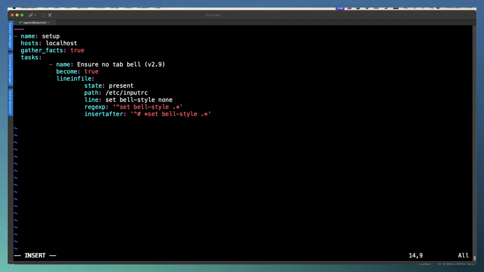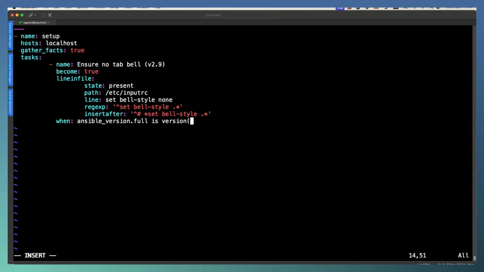Now we can move back to line up with my module. So where we've got name, become, and lineinfile, we can put our when clause. The when clause can look at the ansible_version variable. This variable is actually a dictionary, so we can navigate into it to look for the full version, and then using our version function, we can check our version. We can't just check for being greater than or less than, because these are semantic version numbers.